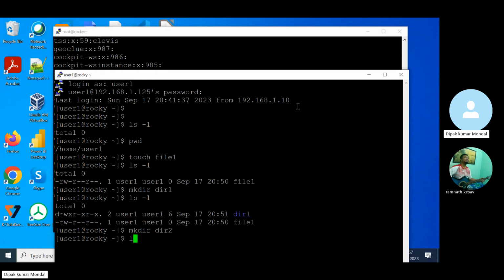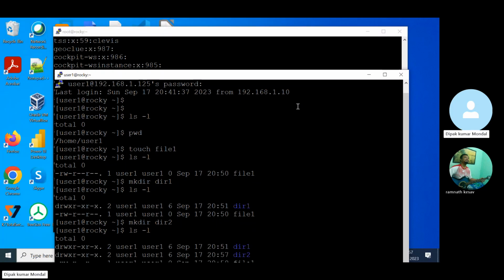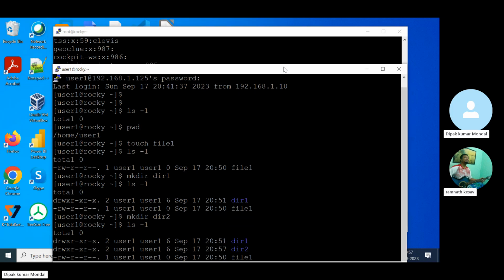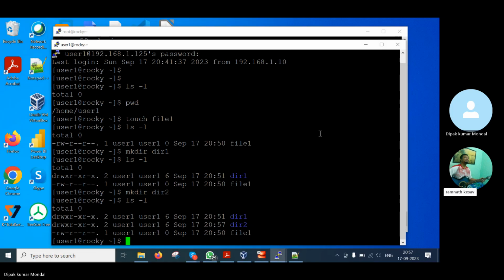dir2, ls -l. It's showing dir2 has also got similar: D RWX RX RX. No write permission. So let me change this directory's permissions. chmod 7 5